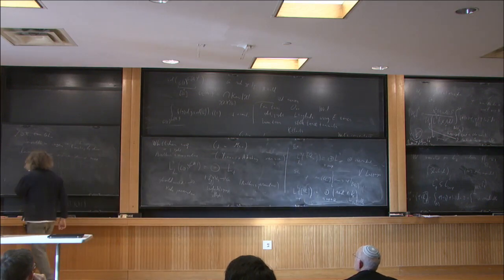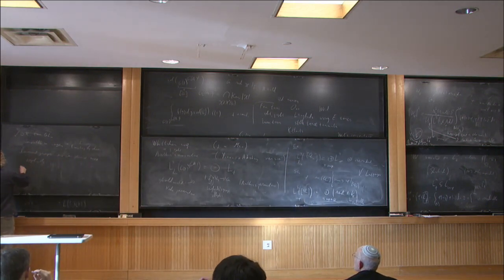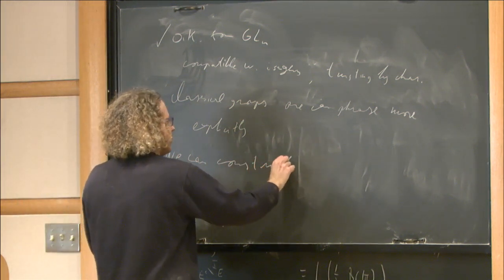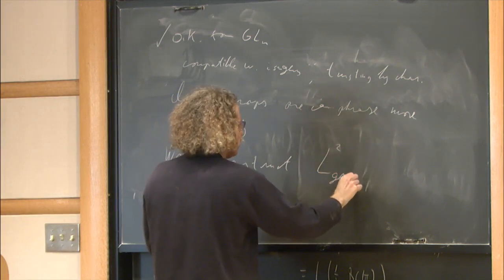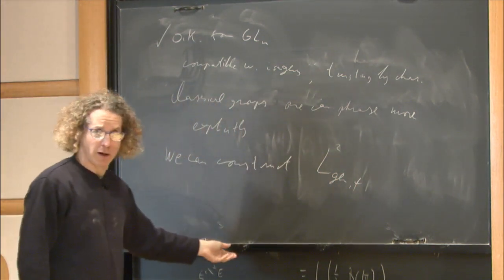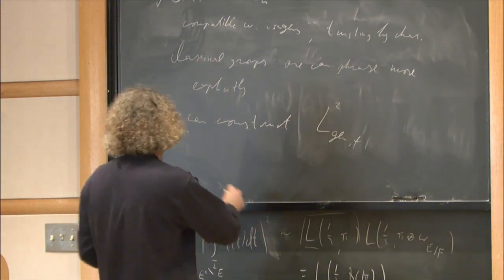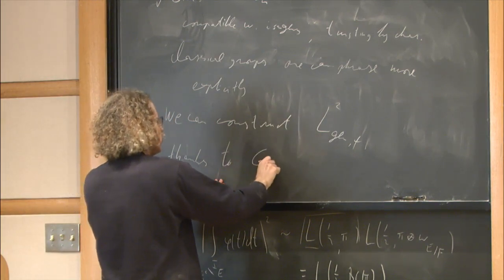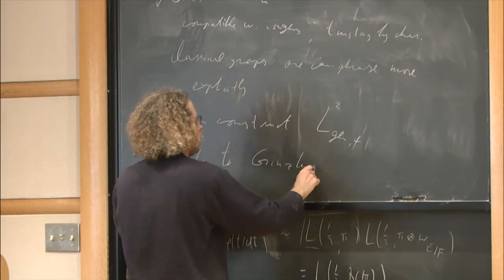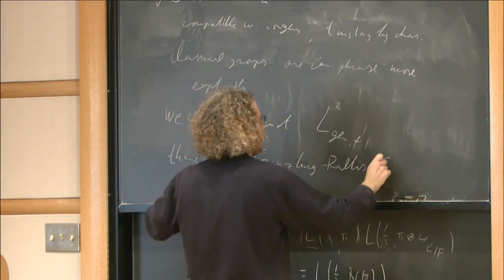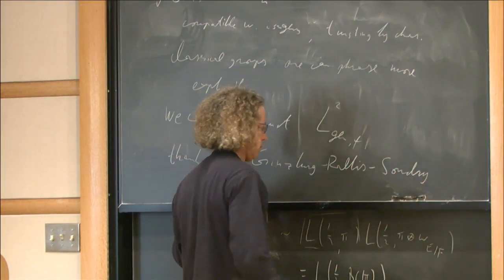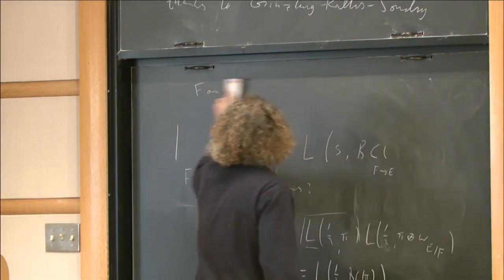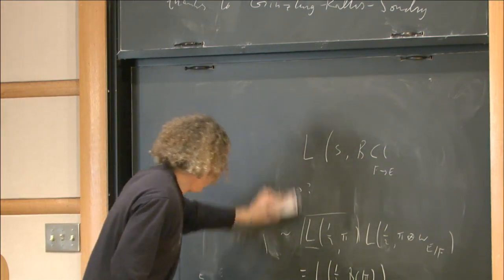But for classical groups, we're in good shape because we can construct this space, what I called L2 gen psi, for any classical group, for any quasi-split classical group. And this is thanks to the work of Ginzburg, Rallis, and Soudry. So they give you a construction of this space in terms of